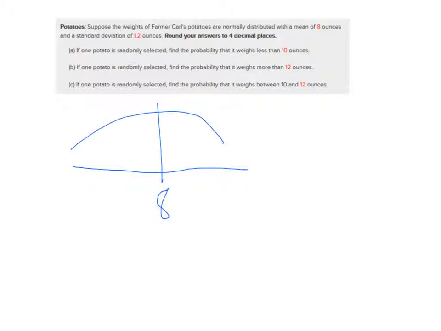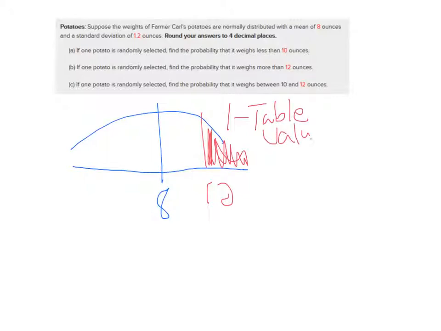So for part B, we know the mean is 8. We want to know greater than 12. So we want that right area. The process is, we're going to find a z-score, look up the probability for that, and then subtract the table value from 1, because we want that area to the right, and the table tells us to the left. So to get this z-score, we're going to do 12 minus 8 over 1.2, so that's 4 divided by 1.2,